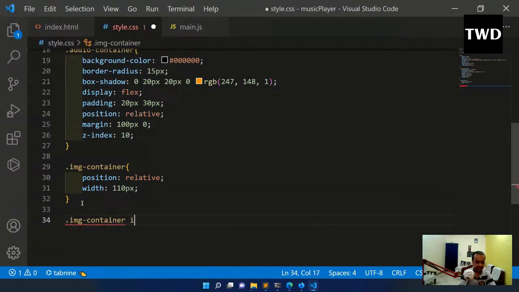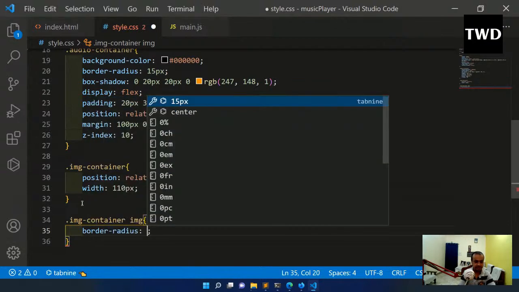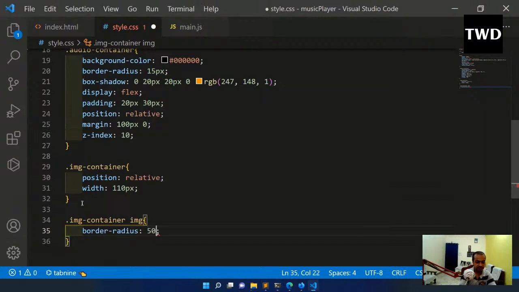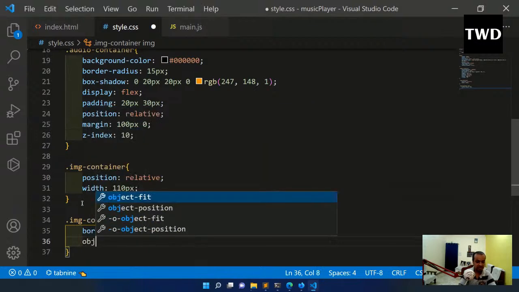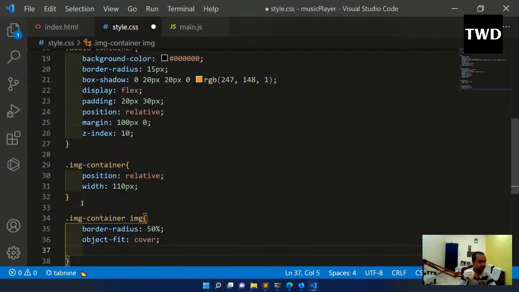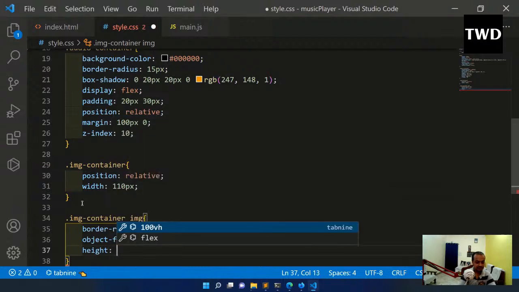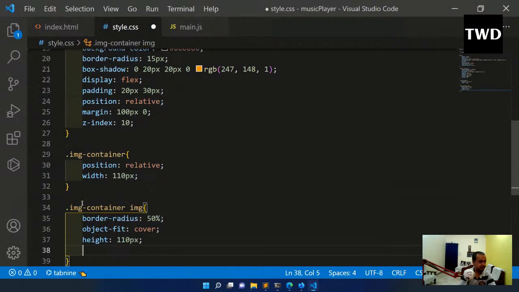So dot image container img, we are targeting the image. This will do a lot of things. Border radius is 50%, and object fit is cover, and height is 110px and width is inherit,